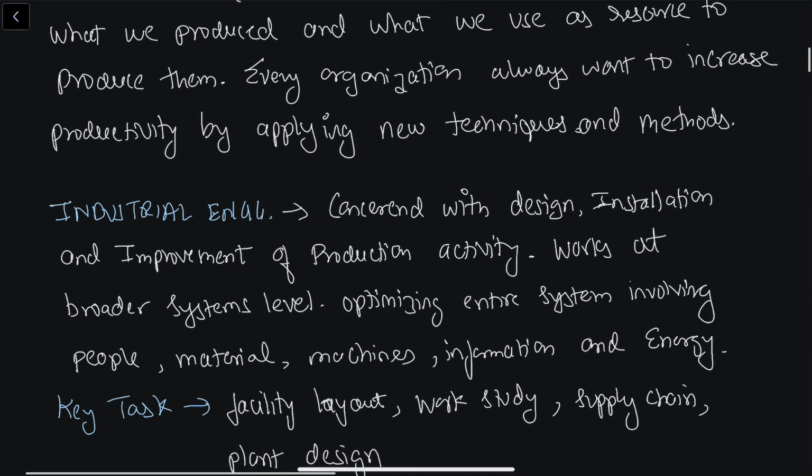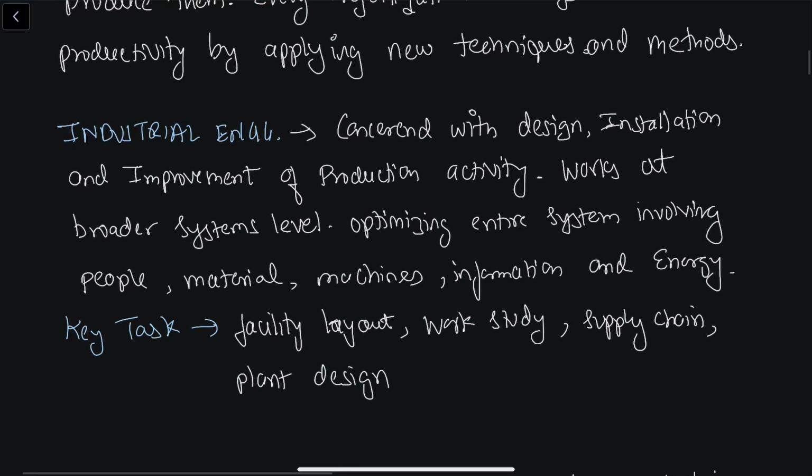If I talk about an industrial engineer, what does an industrial engineer do? What is the job of an industrial engineer? Let's suppose tomorrow you have to set up a factory for an electric bike or electric car. The industrial engineer's job is to design and install all the improved production activity there. For example, if I have to build an electric car,